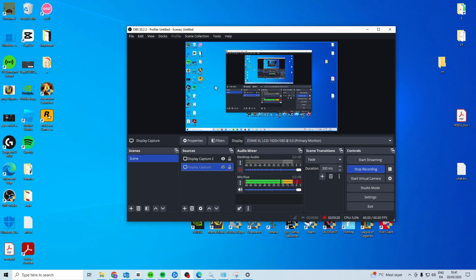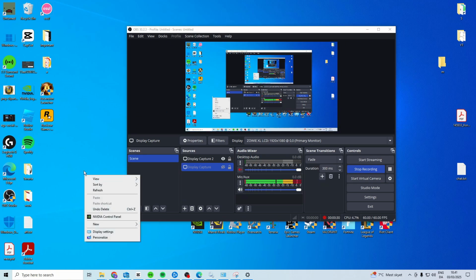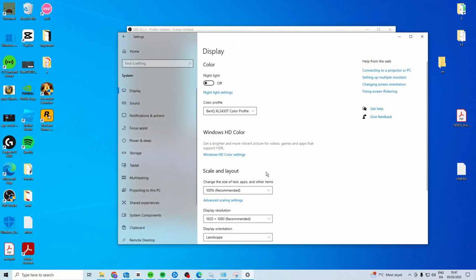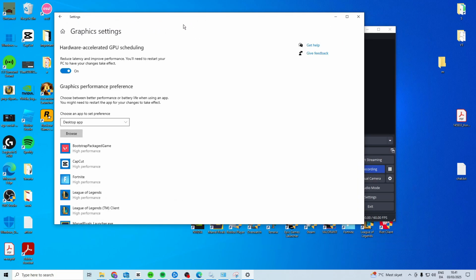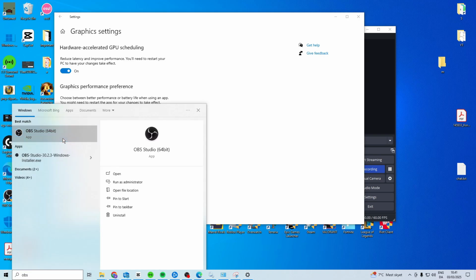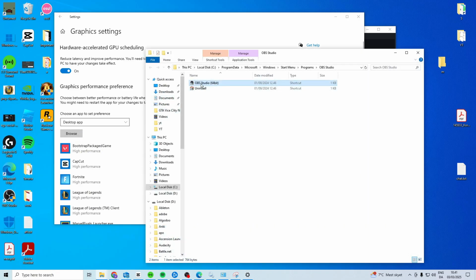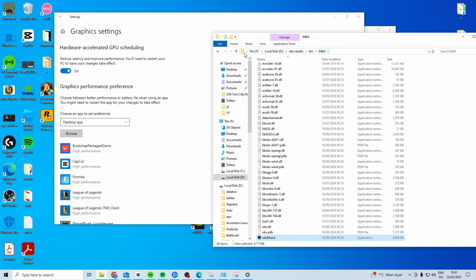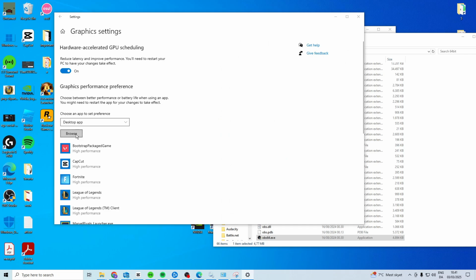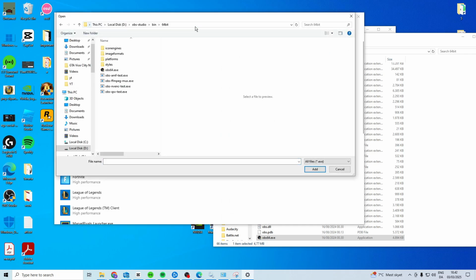Now if this is not enough, another thing you can do is right click on your desktop, go to Display Settings, choose Graphic Settings, and in here we want to add OBS. So search for OBS, right click and go to File Location, do it once again, and you'll come to the OBS folder. Click up here and Control C, then come here and press Browse, click here, Control V, press Enter,